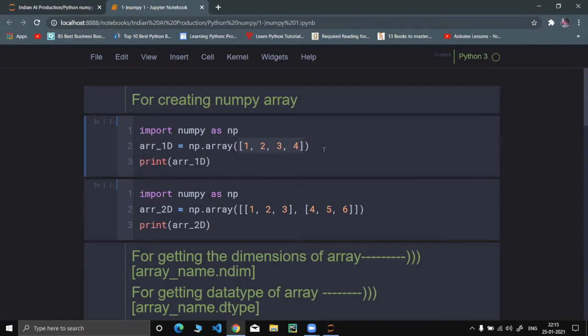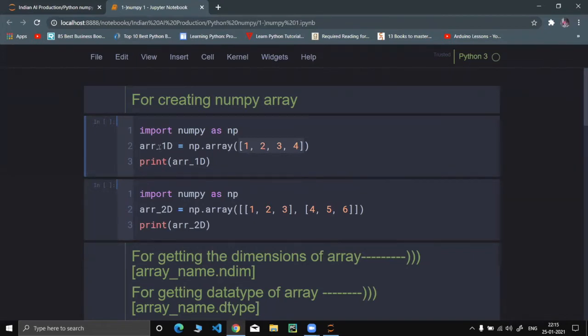How do we know whether it is 1D, 2D or 3D? Just see that after np.array there is only one list inside this function, so this is a 1D array.